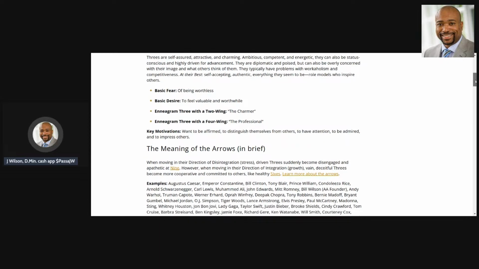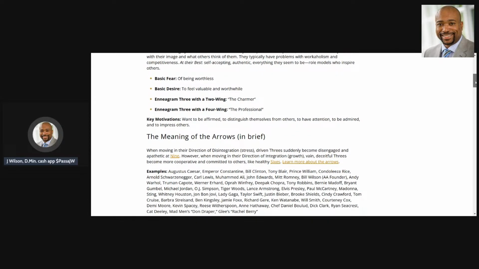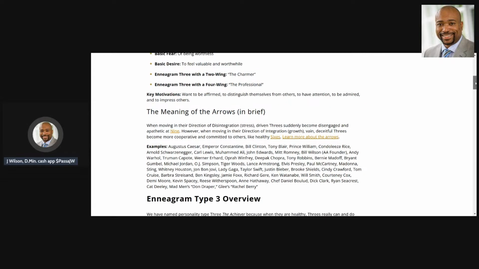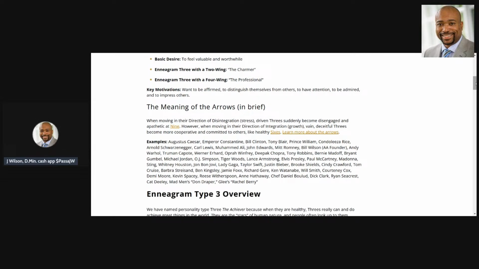Their basic fear: being worthless. The basic desire: to feel valuable and worthwhile. The Enneagram 3 with the 2 wing, so that's the wing to the left of it, is the charmer. And the Enneagram 3 with a 4 wing is the professional. Their key motivation: they want to be affirmed, to distinguish themselves from others, to have attention, to be admired, and to